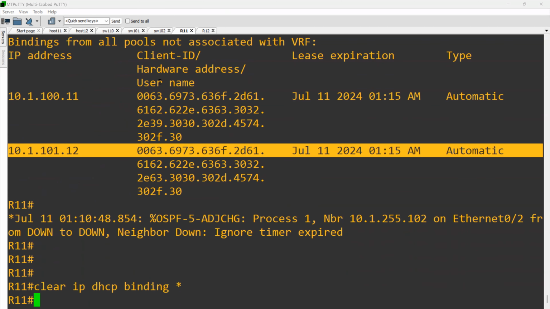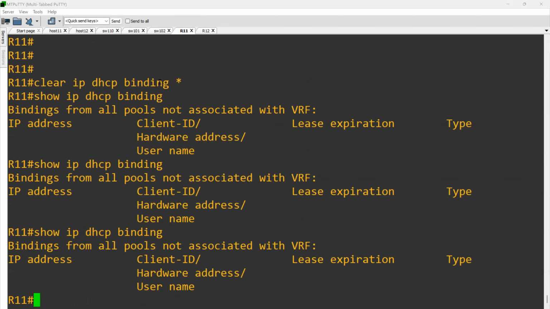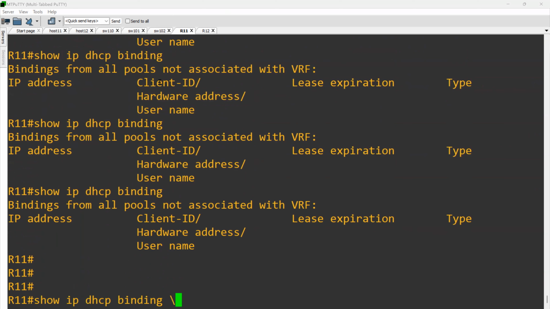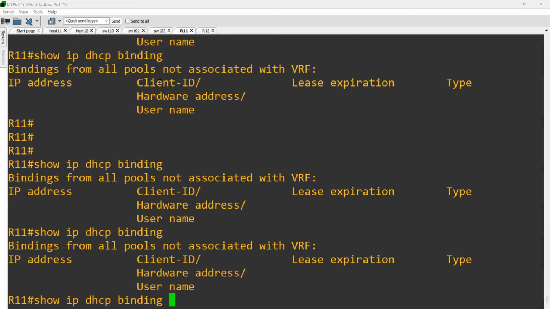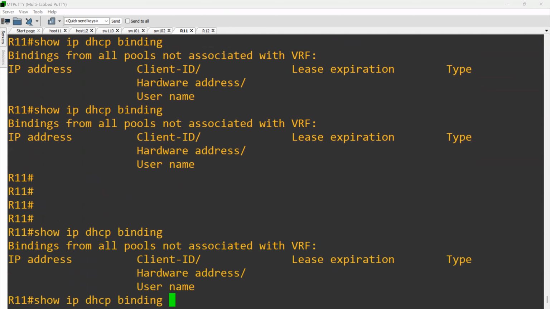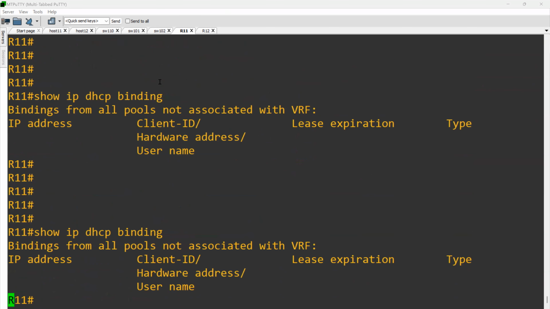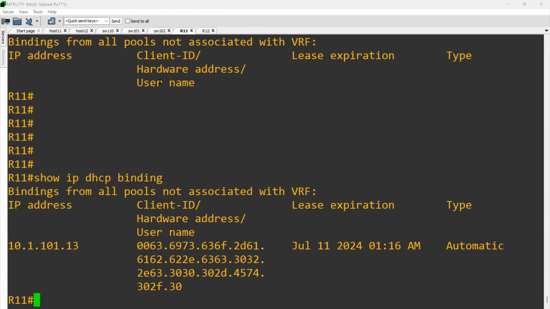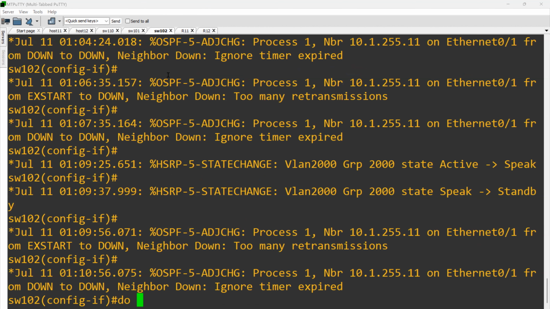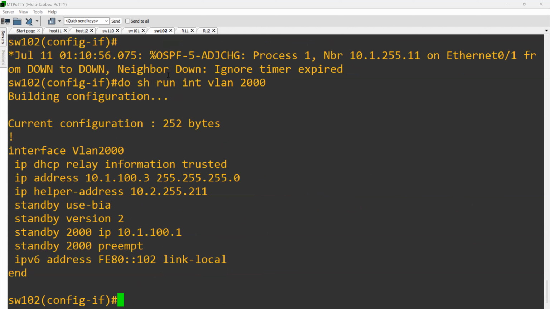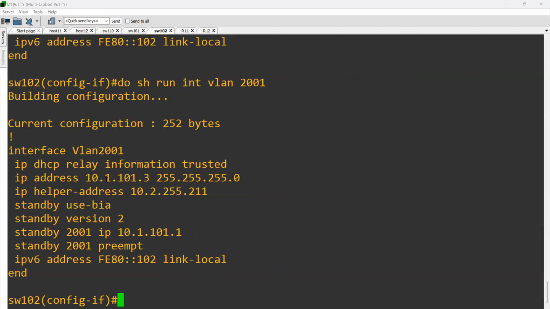Let me go and clear this one more time. Because now we have done the static IP binding. Static IP binding. Okay, a static binding. So now it is releasing this IP 10, 100. Okay, let's quickly see here. Interface VLAN 2000, 100.3, 101.3. Helper address is